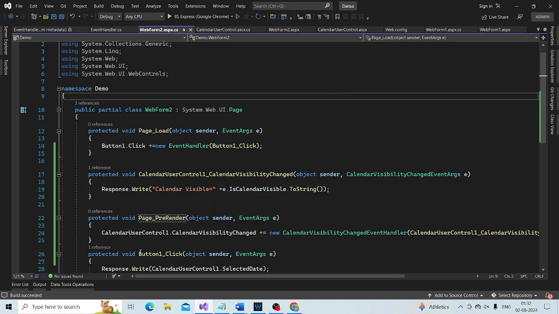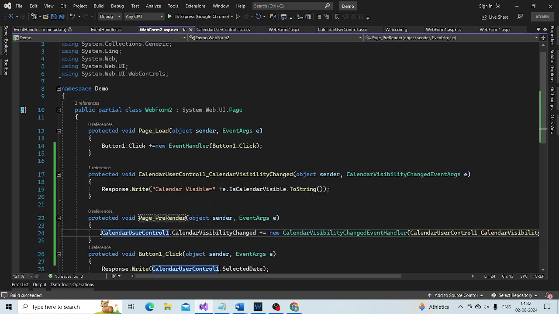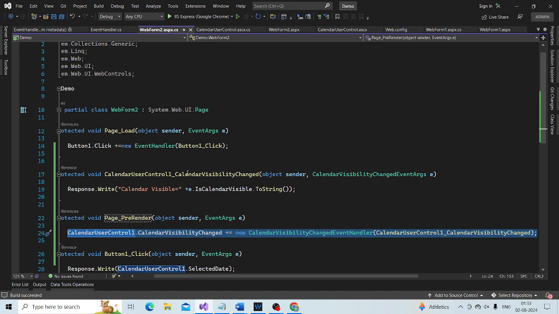You are doing the registration after the event is actually raised.